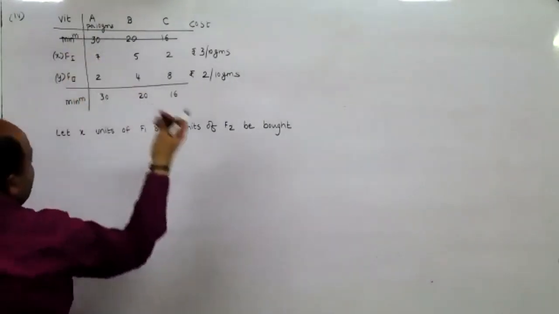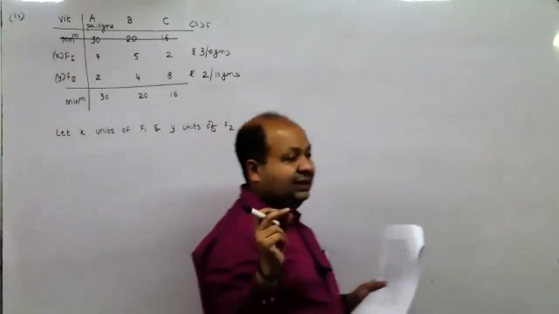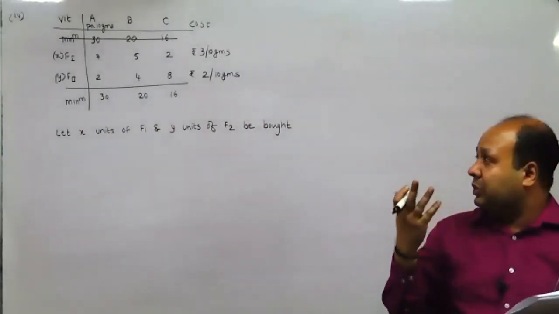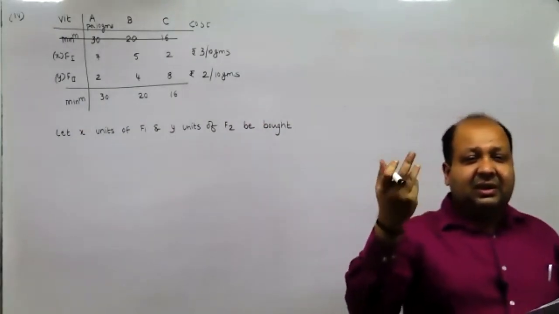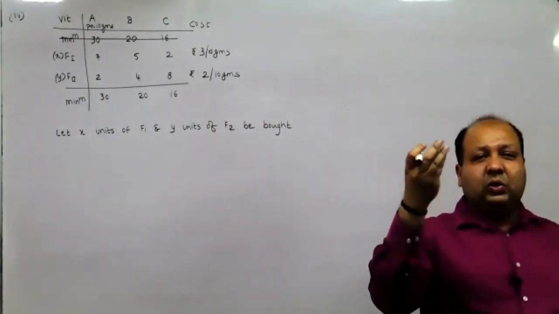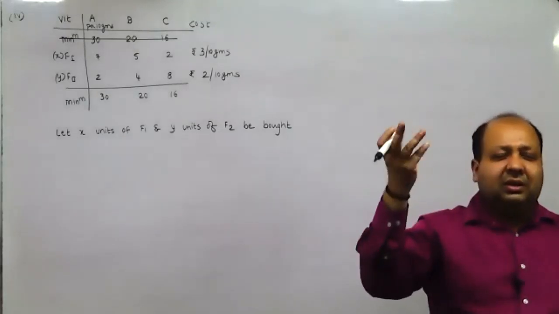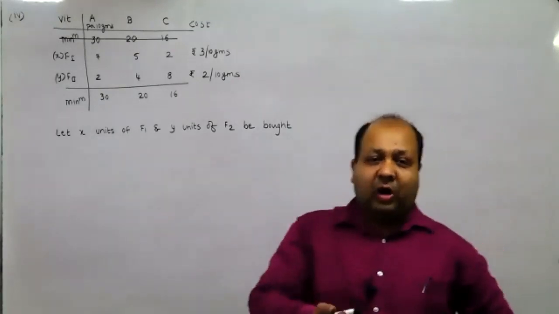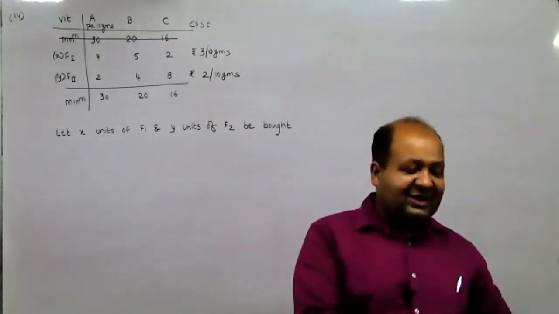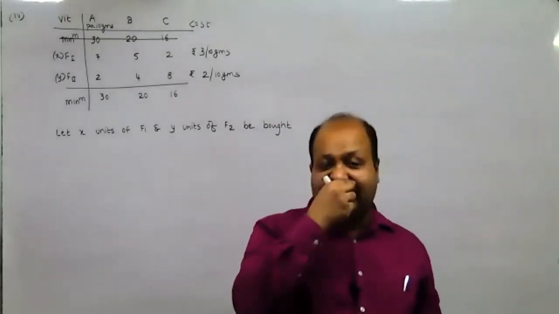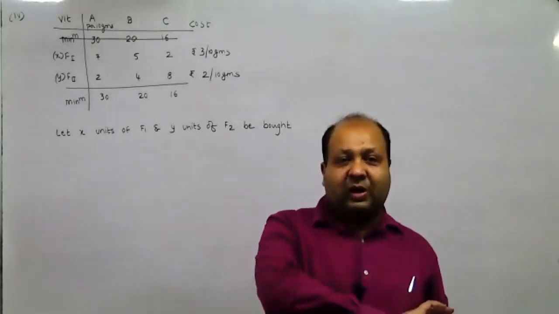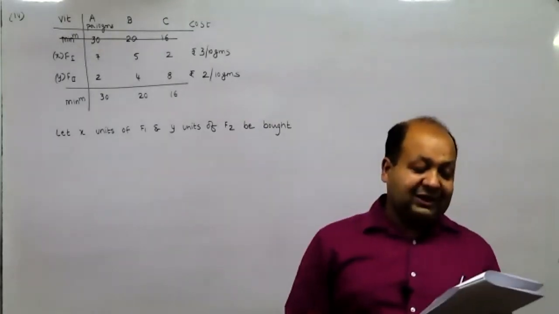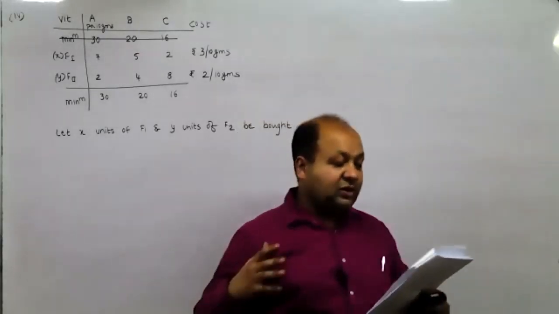These are sachets of 10 grams each, maybe equivalent to the small packets of conditioners that you use. So Smriti has bought some X units of food F1 and Y units of food F2. She has bought many packets and kept them over there. Every day she has it as per requirement so that she doesn't crumble and fall down. She just wants to maintain her energy.